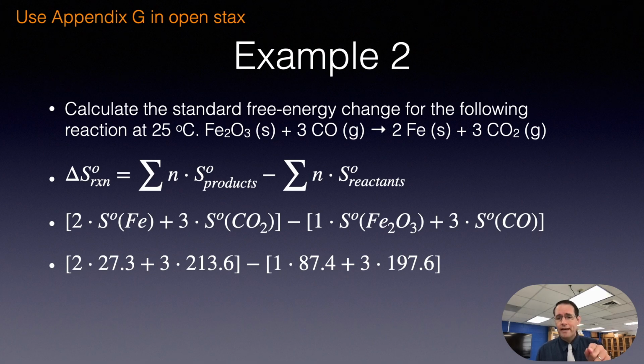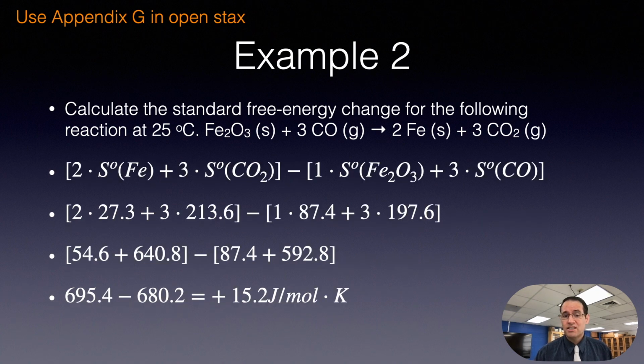Now here I just want to point out that iron itself, which is a solid substance, it's an element, does have an entropy of 27.3, okay? If you look at CO2, bigger number, 213.6. Why is it so big? It's a gas, right? CO2 is a gas. If you compare CO2, which is 213, with CO, which is 198 or so, 213 is a bigger number than 198 because CO2 is a more complicated molecule than CO. CO is linear, CO2 is trigonal planar. Anyway, there's a lot of detail in there, but let's just go ahead and do the